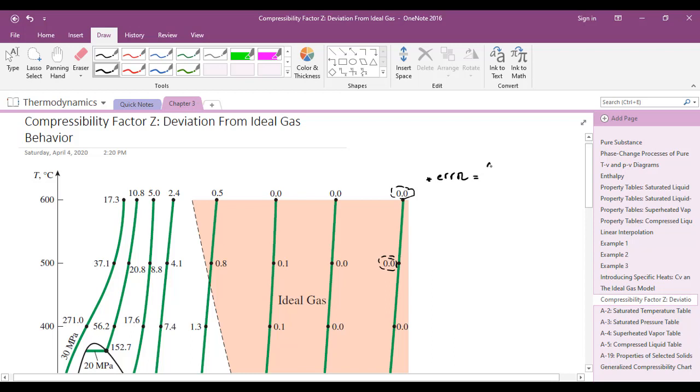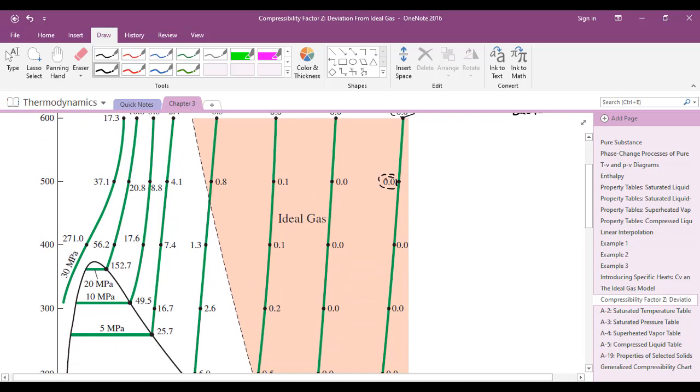The specific volume of the water vapor extracted from the table minus the specific volume calculated using the ideal gas model, or the ideal gas law, over the specific volume of the table, times 100. So this is the percentage of error